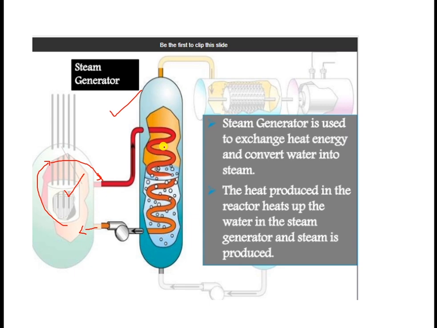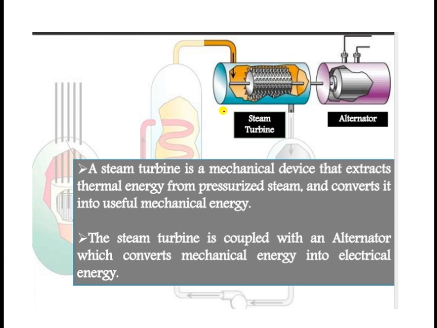The nuclear reaction can be controlled, as the moderators can absorb the neutrons to slow down the reaction. In this way, the steam available after getting heated up, from the water inside the steam generator, at a high pressure as well as temperature, will be supplied to the next part, that is nothing but the turbine.